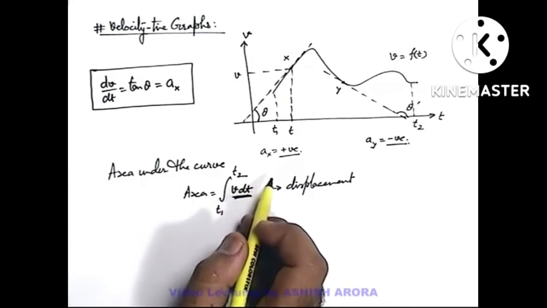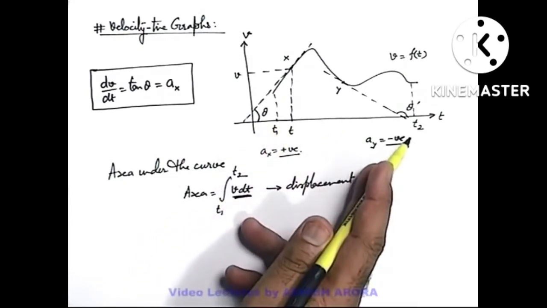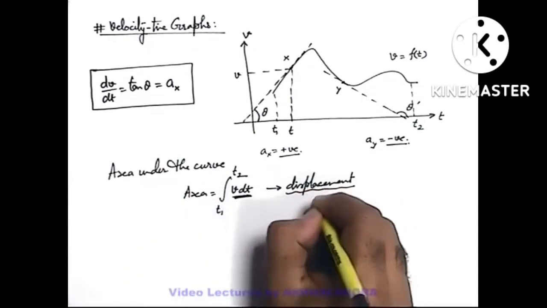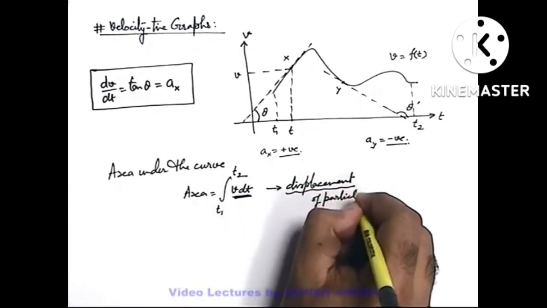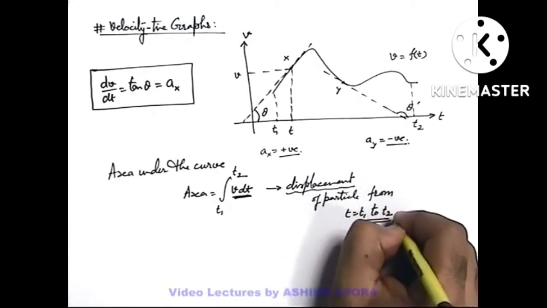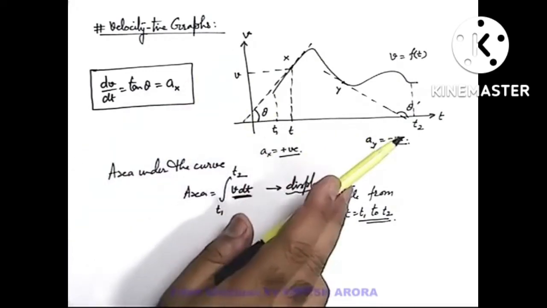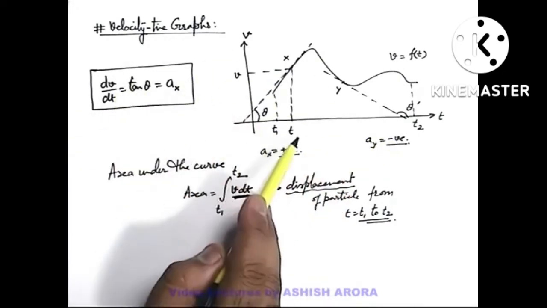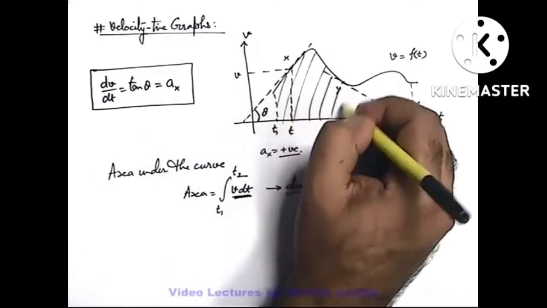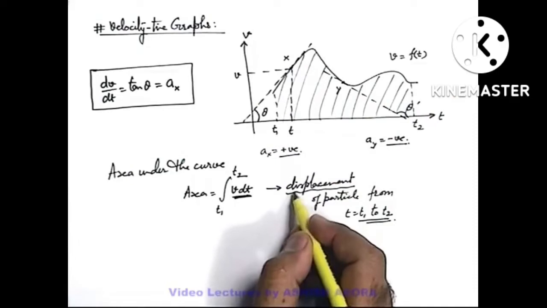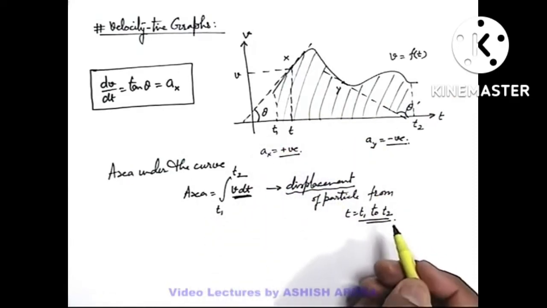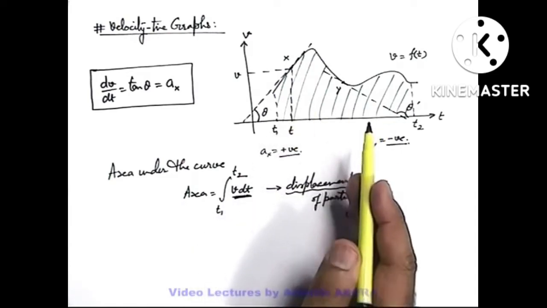So if we calculate the total displacement of particle from time t1 to time t2, it can directly be given as integration of v dt from t1 to t2. It will give us the displacement of particle from t equal to t1 to t2. This is another advantage of using velocity time graph, that from velocity time graph using slope we can find out the instantaneous acceleration of particle, and finding out the area under the curve. Like say we find out this area by using integration, this area under the curve gives us the displacement of particle between two given time instants in the given situation.